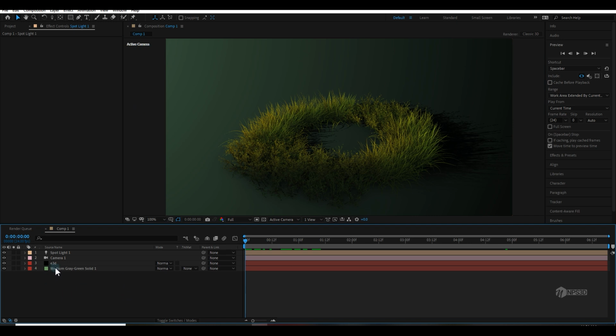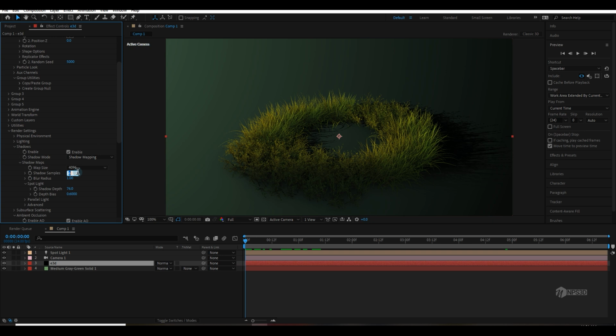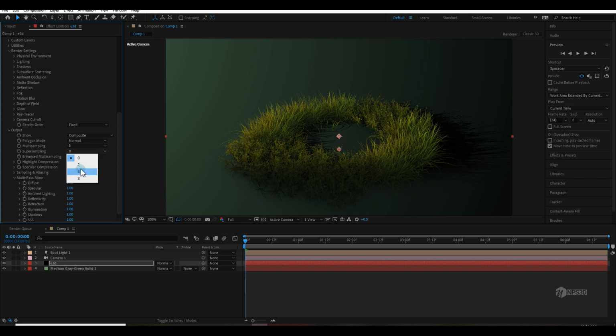So, when you are going to render, I will go to the render setting and increase the samples maybe 32. And same for the ambient occlusion, I will choose it to the 4 and 32 here. And then I will go to the output and make it 4 and make it 16 and make it 2 on check.